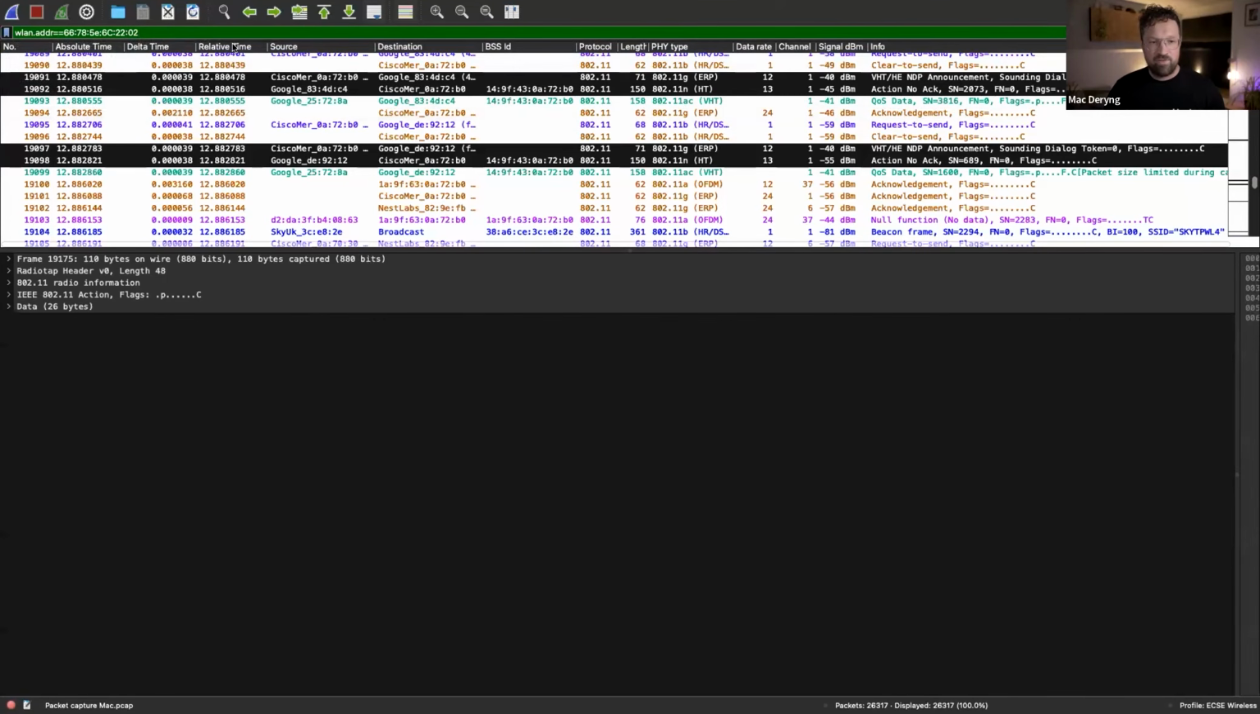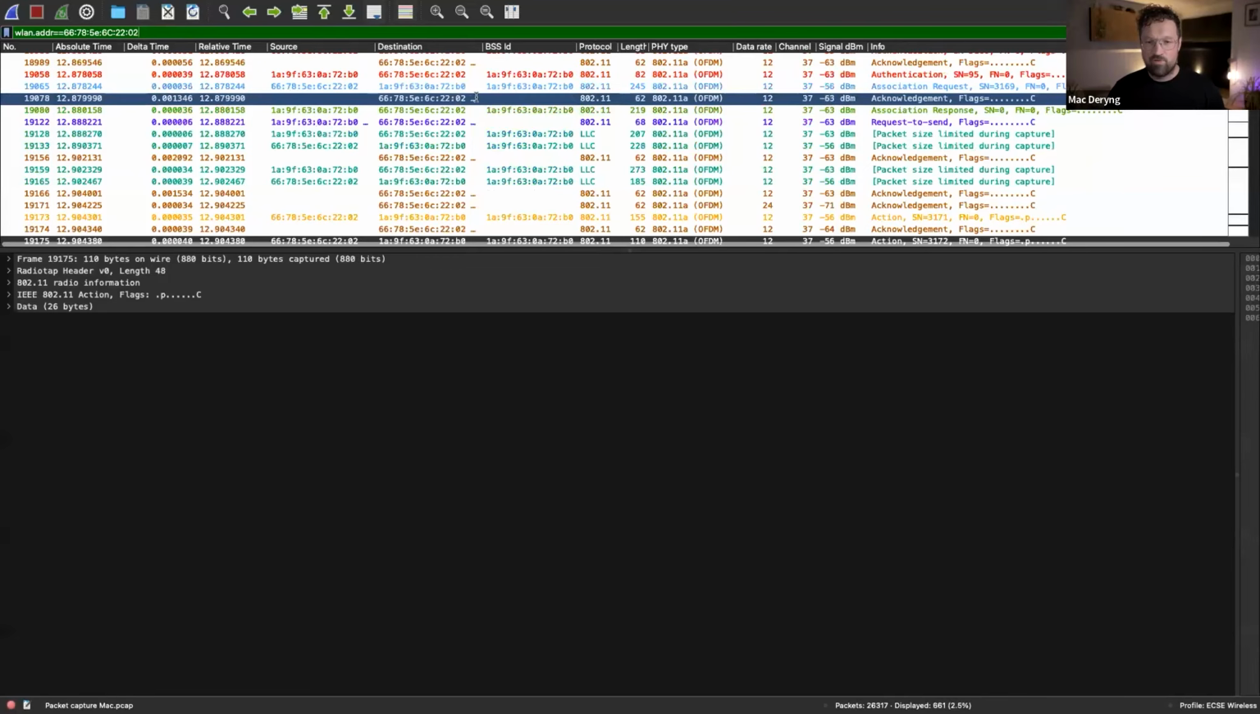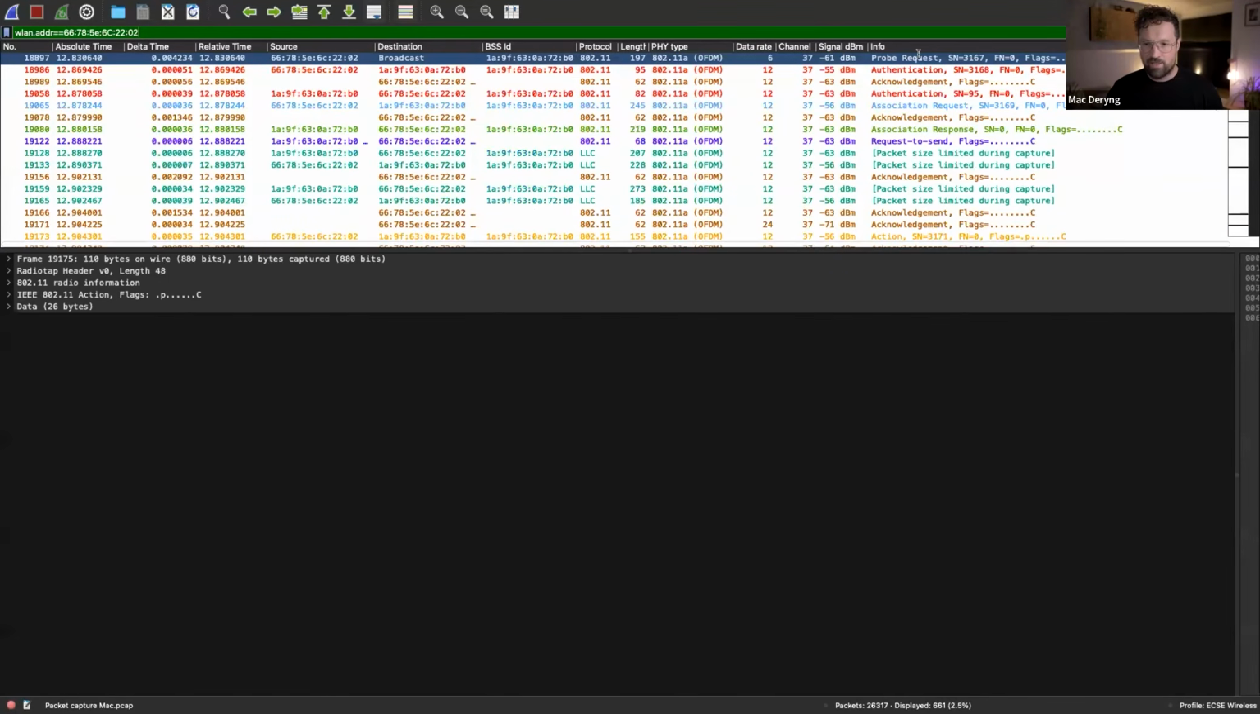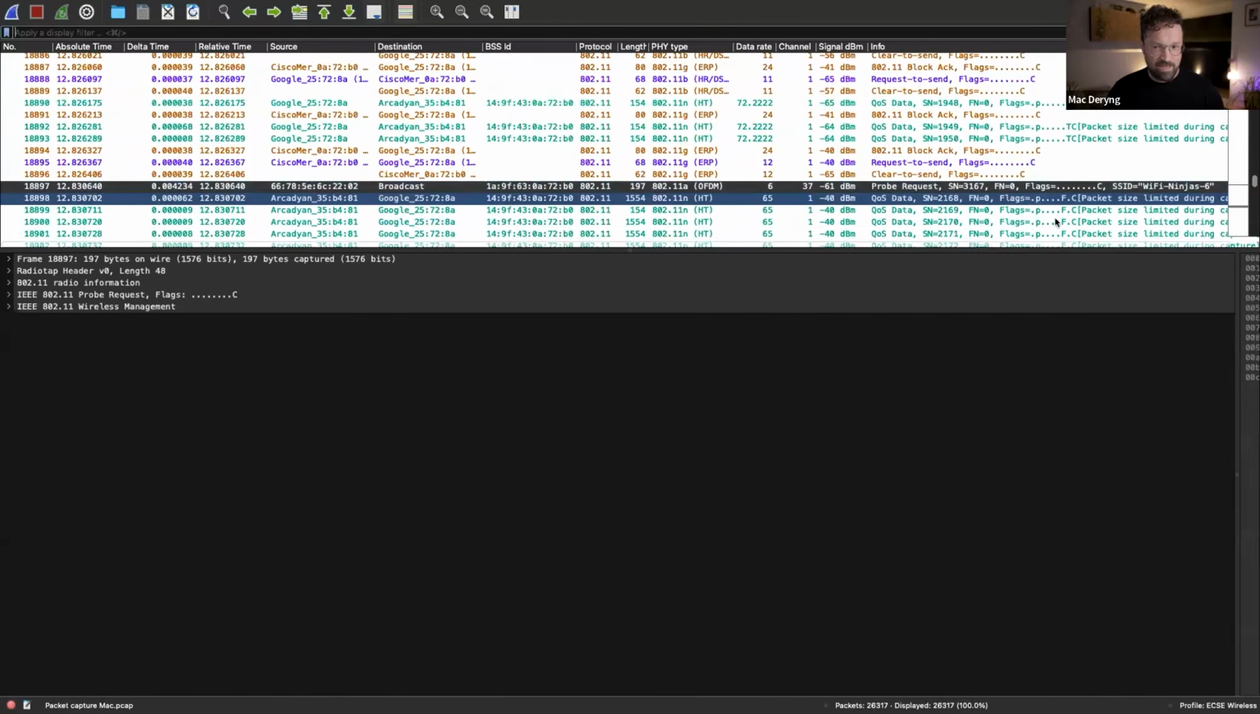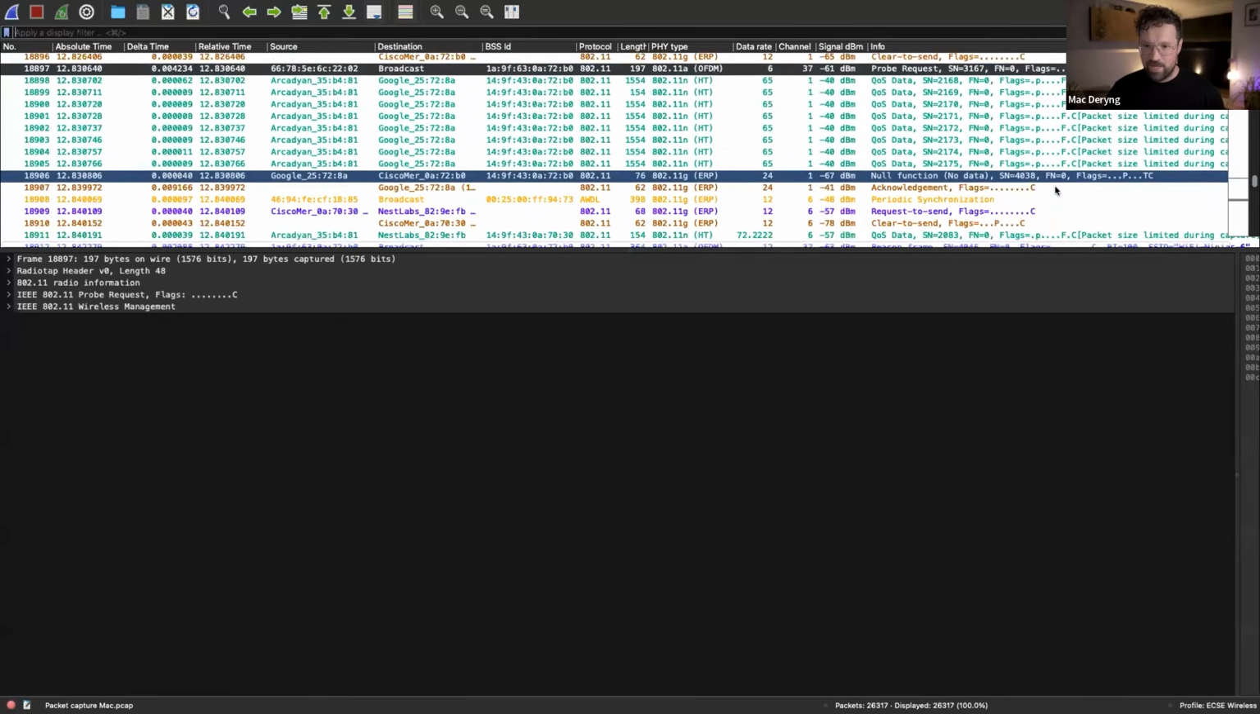So I want to see everything that comes to or from my iPhone, so I can see some probe request, authentication. Why don't I see probe response? And that's because probe responses don't have the MAC address of the device that is asking for a specific BSSID. So let me remove the filter, 18897, and look at that, 18897, I have a probe request, and then